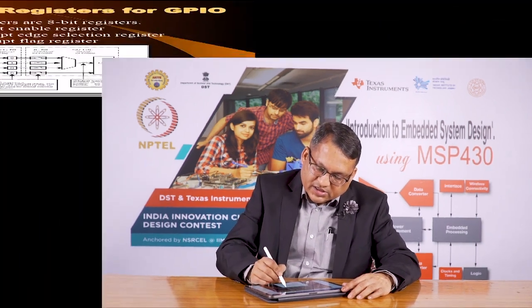Now, for handling interrupts, for purpose of illustration here, we are going to use the input output pins, and so we are going to look at all the registers which help manipulate, which help control, or which help handle all the interrupts associated with the GPIO, general purpose input output pins. And we have 3 registers which help us manage the interrupts associated with the input output pins. All these registers are 8-bit